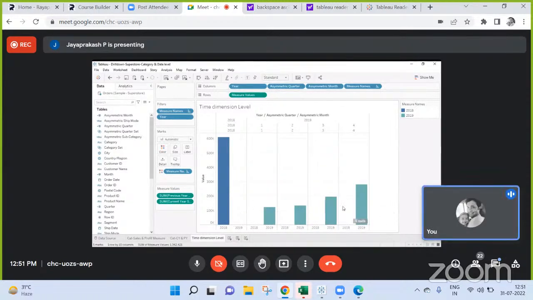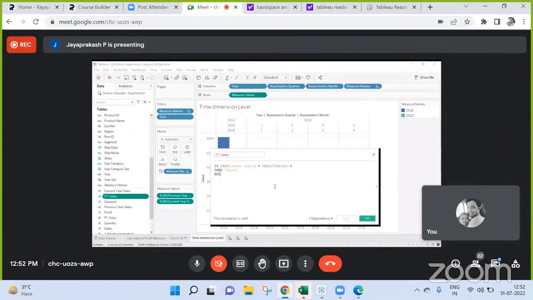Can you open that previous year calculation and current year? I made them, but here, in some places it is showing as current year sales, right? Here you are showing only CY sales. Yeah, in my measure values I have the data, 2018 and 19. So that is not my problem. That's a different calculation field. In the calculations you are showing, if you see measure values, your current year, you are not using CY sales there. You are using current year sales.